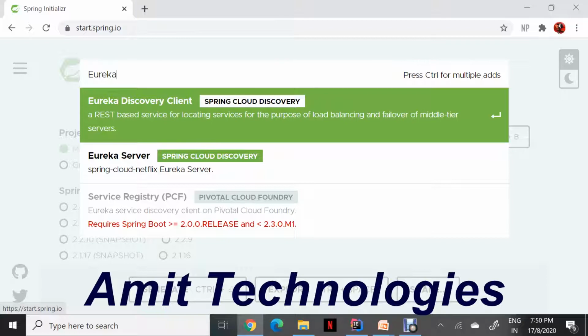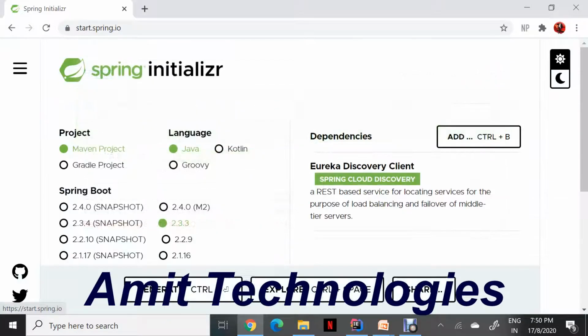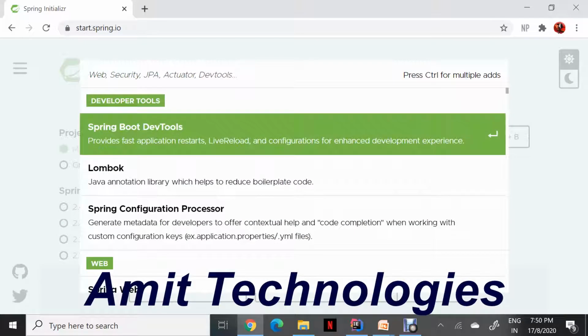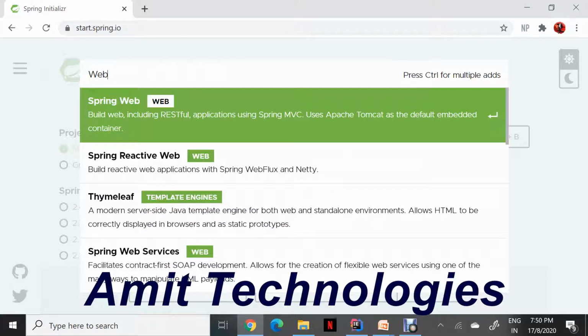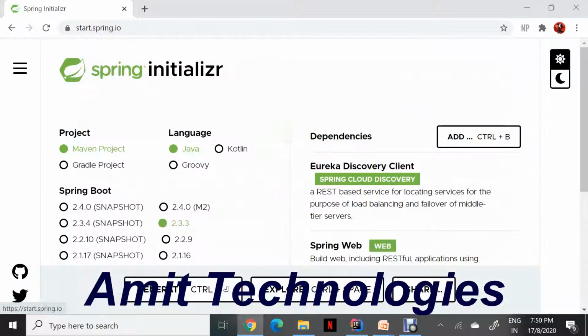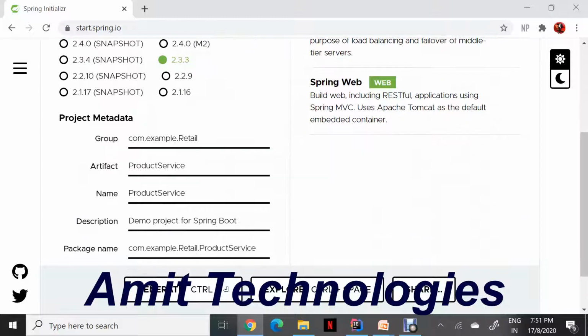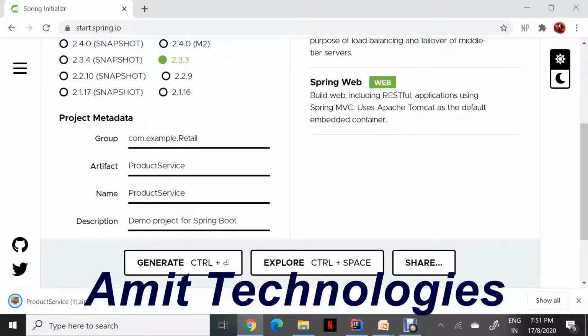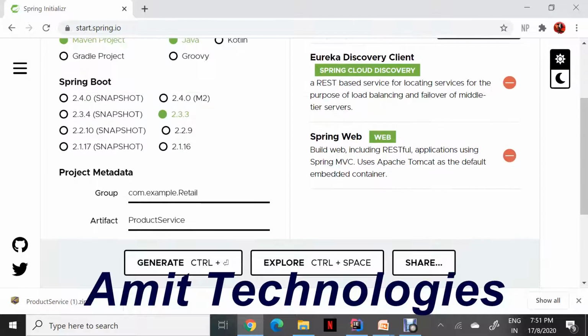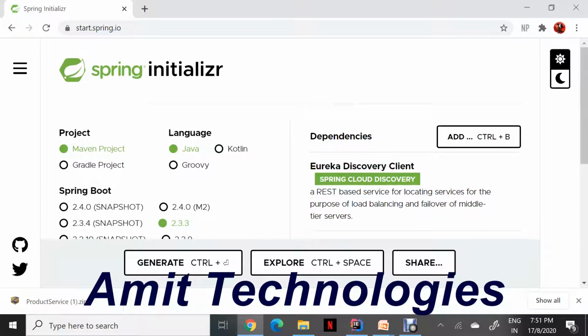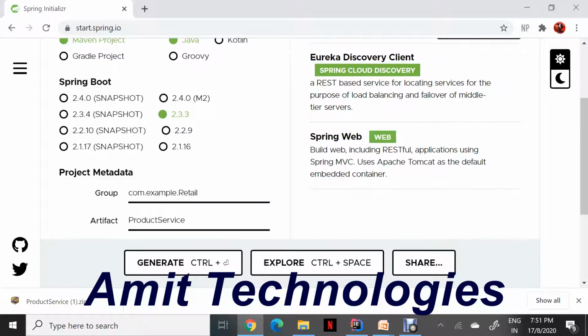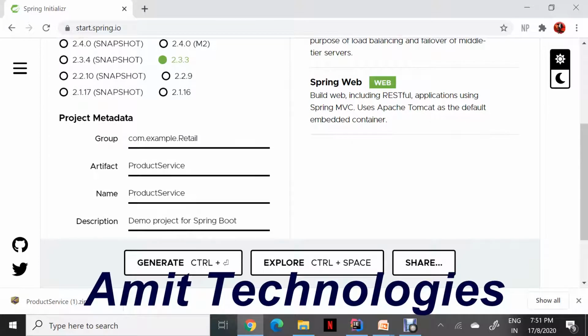So this is nothing but just one service. Another thing we need to add is web project. So Spring Web is required. So let us try to generate this, and then not only one service, we should create one or two services so that it is useful, and I can show you how to register that in Eureka server together. So let us try to create another service called, as I discussed, shopping cart service.